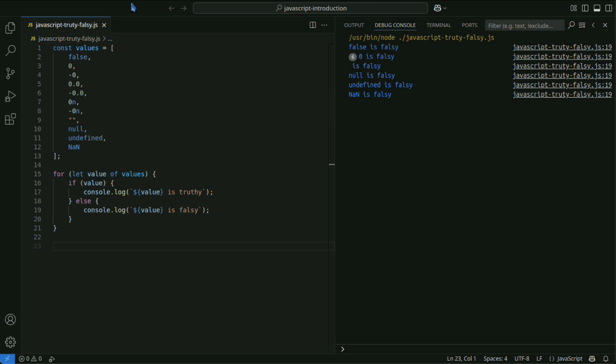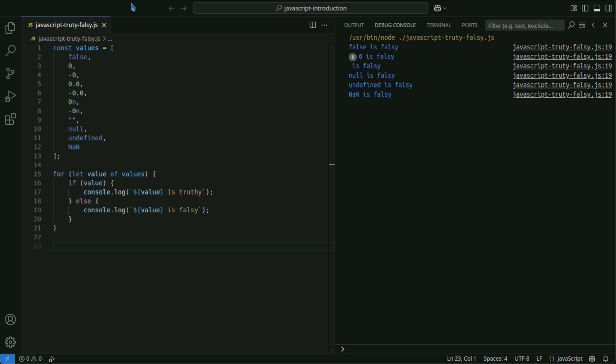These values are treated as false in logical operations and conditional statements, such as if statements. All values that are not falsy are truthy. This refers to values that are evaluated as Boolean true.